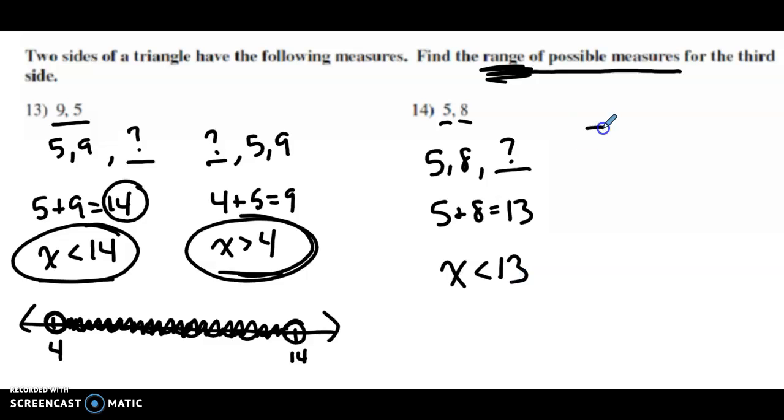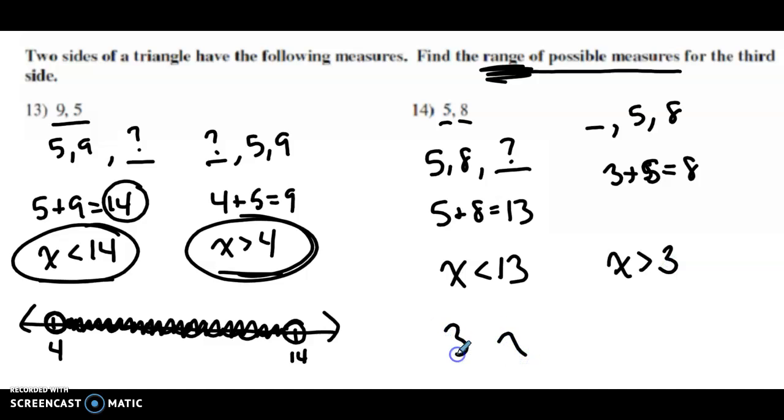And then if we say that the missing side was smaller, now we don't know if it's smaller than 5 or not, just so you're clear. We just know it's one of the smaller sides, but we know that 3 plus 5 equals 8, so it has to be more than 3. I can then set this up as 3 is less than x, which is less than 13,